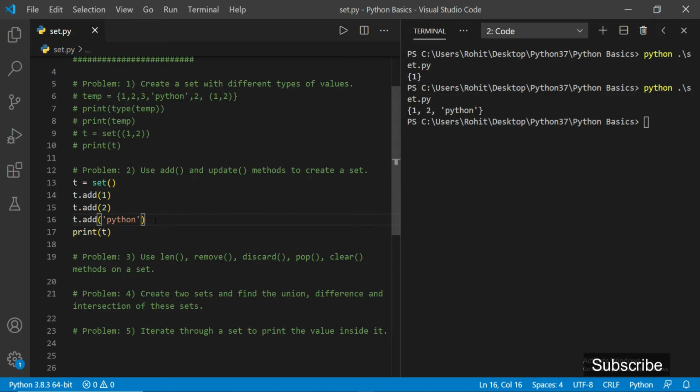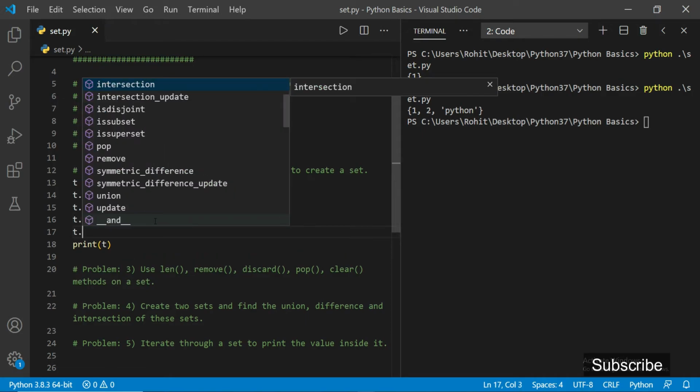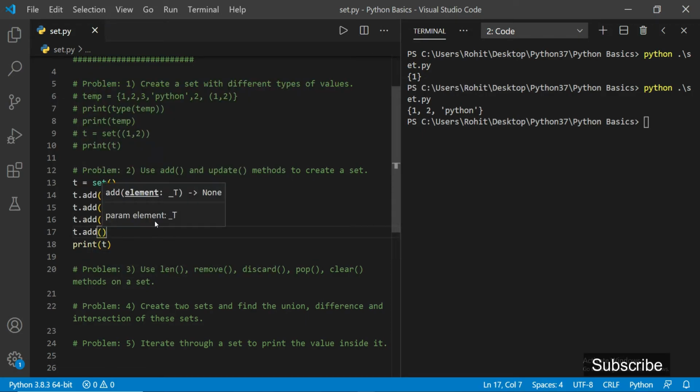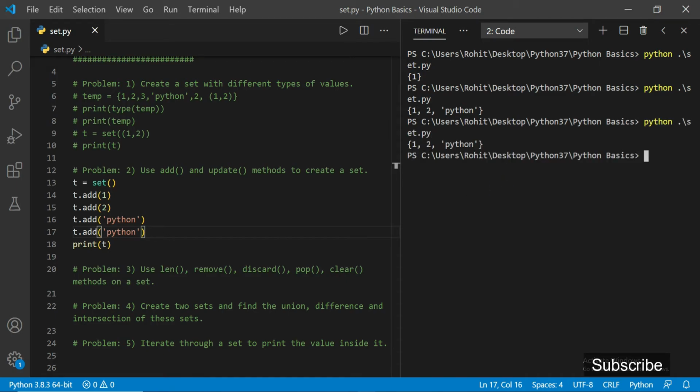If we try to add a duplicate value, suppose I want to add one more Python, then we will be getting the same value. It will not take the duplicate value. As you can see, we have got the same values 1, 2, and Python, and therefore this shows that a set only takes unique values in it.